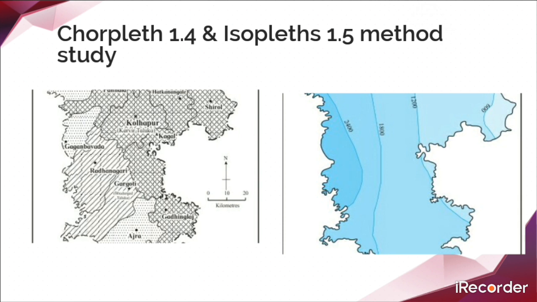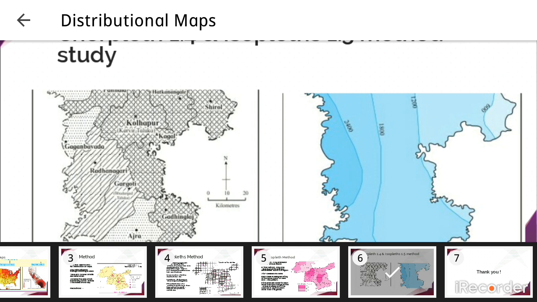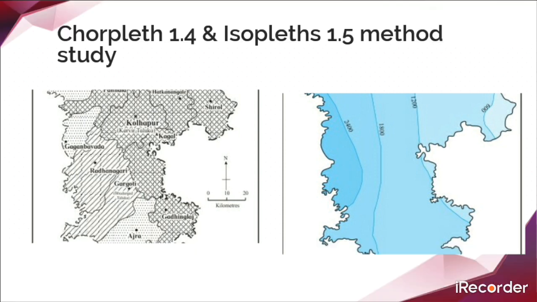See what type of lines are given here. The very fade pattern is given, and we can come across the answer: Shahuwadi, Gaganbavda, Ajara, and Chandgad. Next, name the talukas having population density between 201 and 400. So it is Radhanagari and Bhudargad. Again, look at the map for getting an idea. Name the talukas with population density more than 400. It is Panhala, Hatkanangle, Shirol, Karveer, Kagal, and Gadhinglaj.